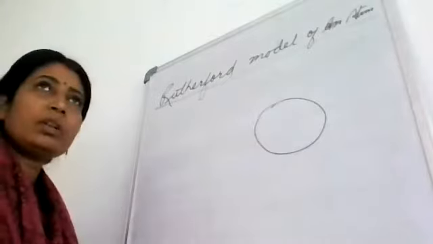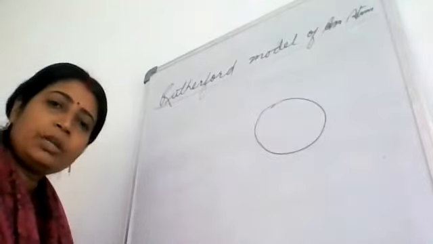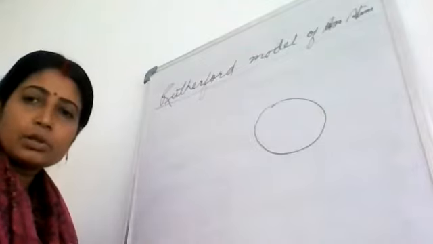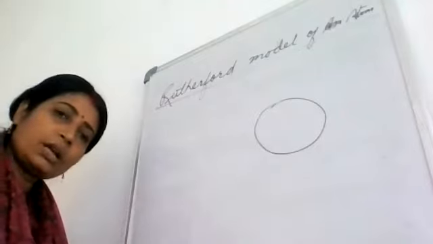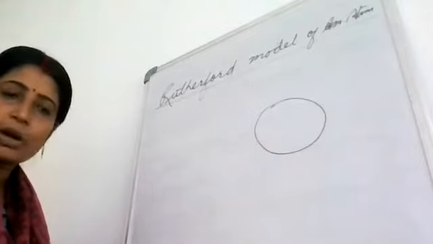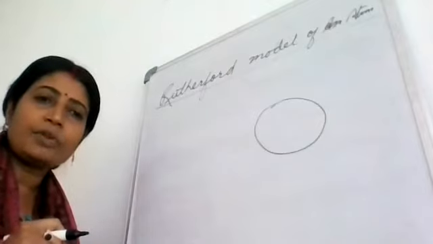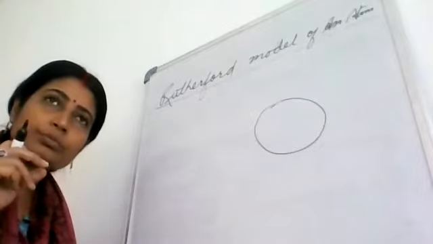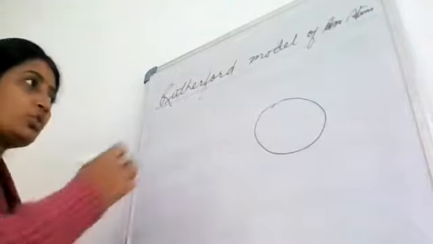Whenever we take any atom, the atom will be made up of what? Positively charged particles and negatively charged particles. Positive protons and electrons embedded in it. Yes, very good. So he assumed Thomson's model of an atom because Thomson's model of an atom was given earlier to him. So taking into consideration Thomson's model of an atom, he tried to pass